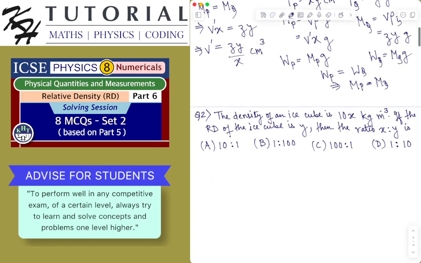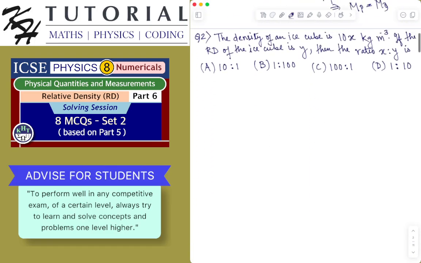Okay, let's see the next problem. The density of an ice cube is 10x kilogram per meter cube. If the relative density of the ice cube is y, then the ratio x is to y is. Okay, so what is given? The relative density of ice is given to be y. Also, the density of the ice cube is given as 10x